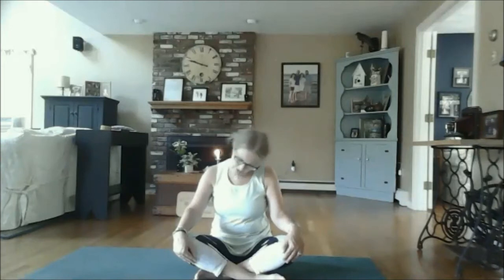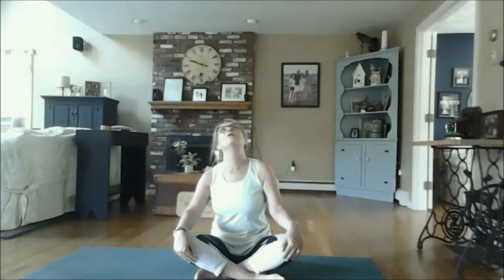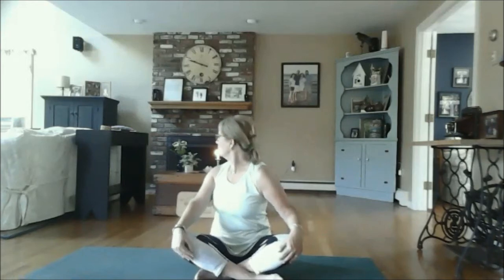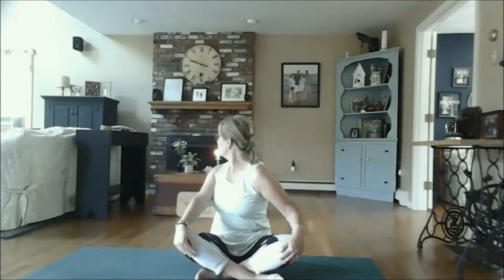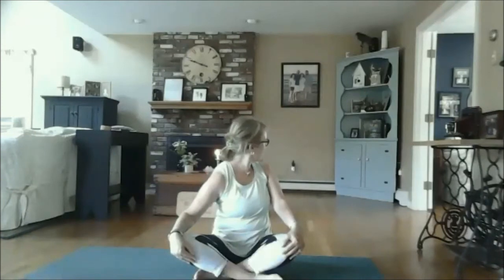So make sure that you have reversed your direction at some point. And there's no right or wrong. Just move your head around in a direction that feels good to you. Once you come back to neutral, you might consider just turning and looking over one shoulder, looking back behind you, and then gently coming to center and looking back the other way, over the other shoulder,